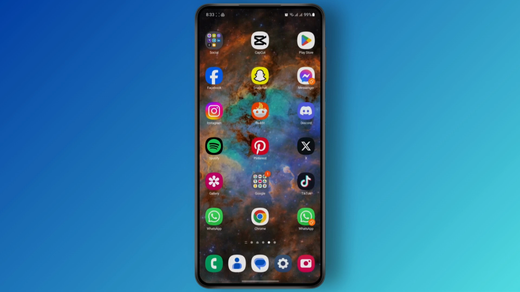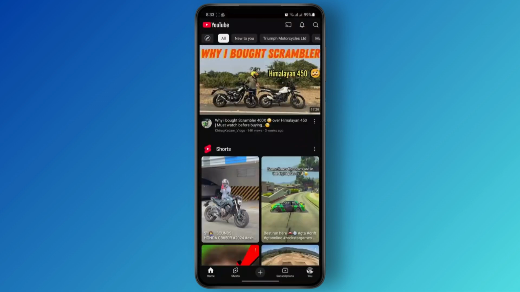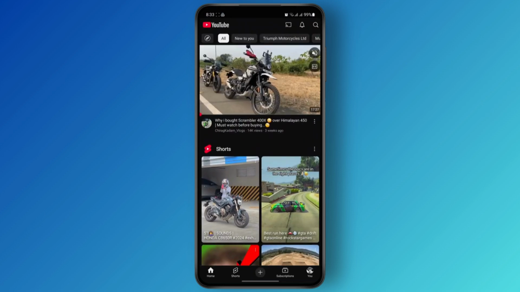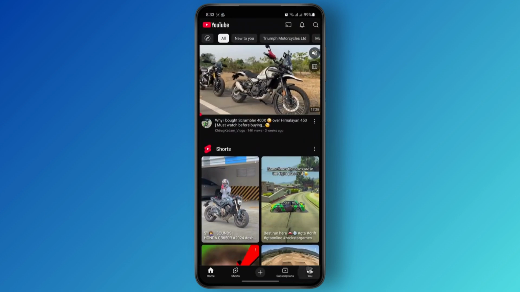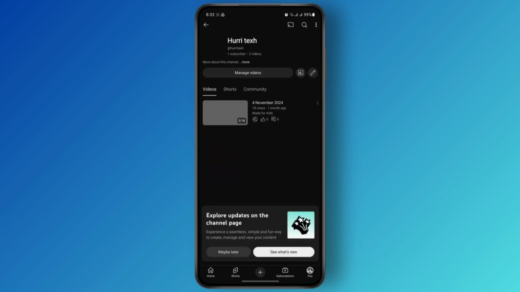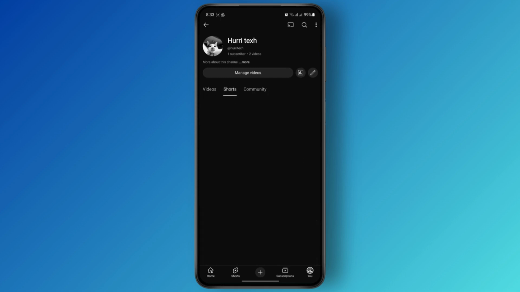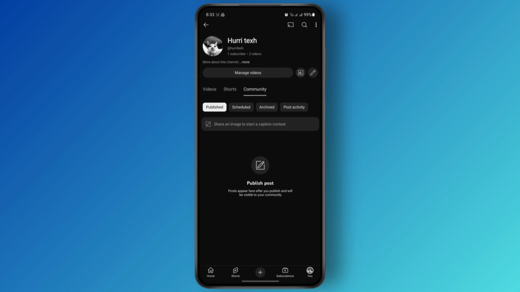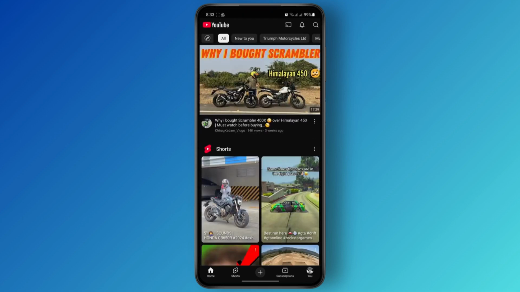The first thing you need to do is open up your YouTube and make sure that you're logged into your account. So usually what you would need to do is tap on the U icon on the bottom right corner, and then from here you can just view your channel. So usually what happens is if you have created any playlist, it will show up on your channel. But after the update, YouTube has changed this, so you can just go to your home page,